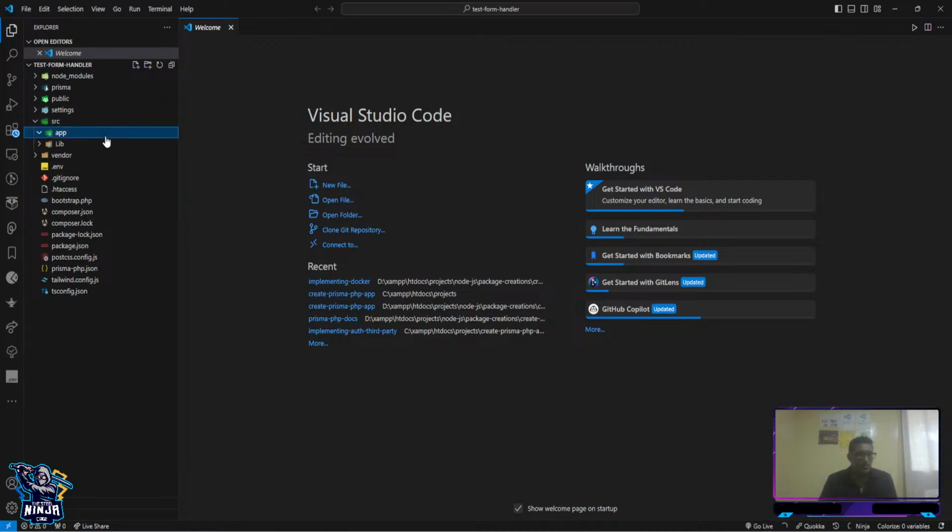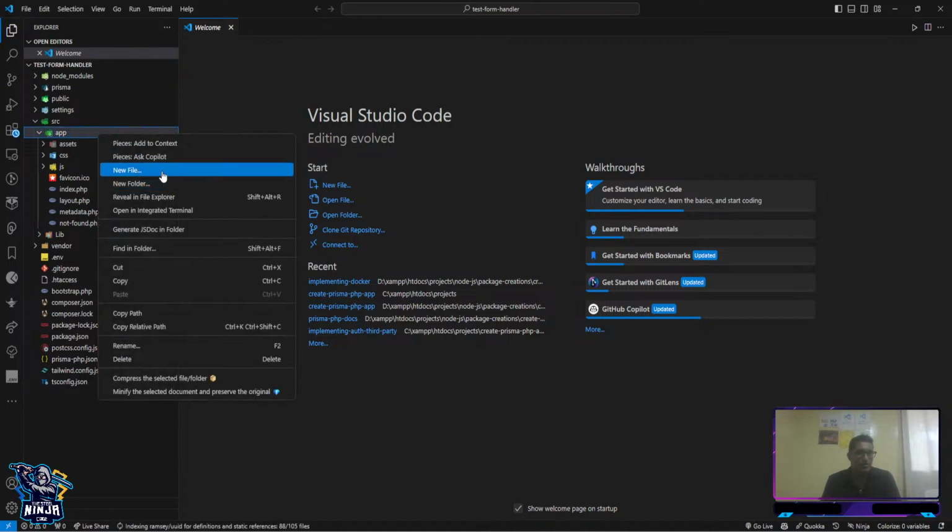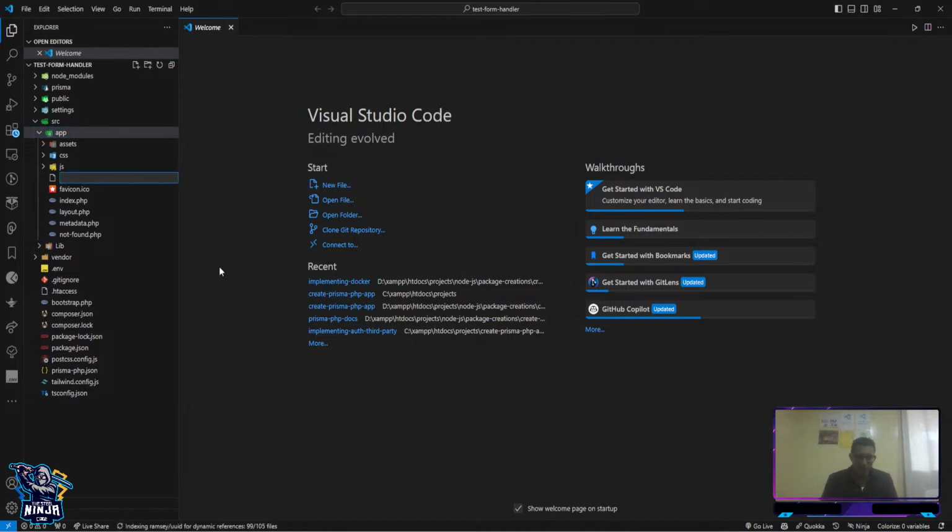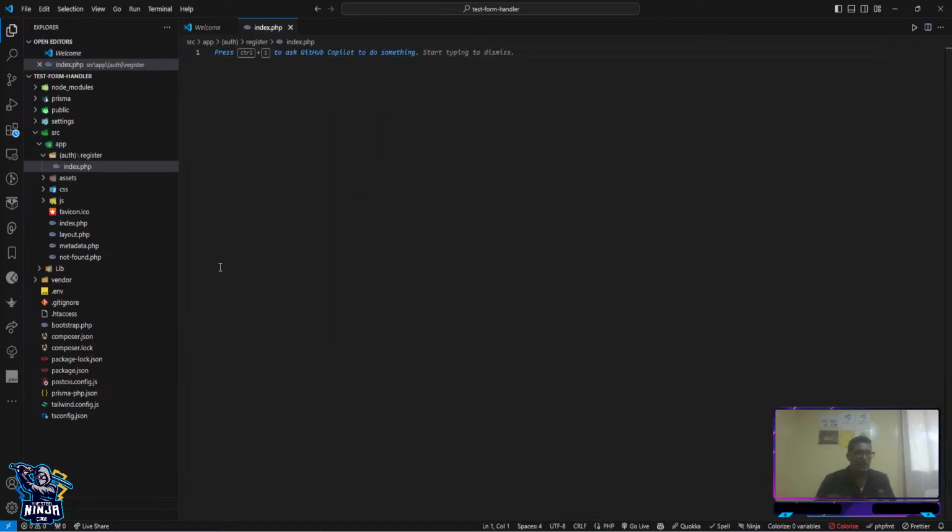In this case, the first thing you're going to do is create a group route, which is going to be named auth in this case, and afterward what I'm going to do is register. And this route is going to have an index file inside. So I'm creating a group folder which has register and then an index PHP file. So I'm going to say OK, and well, before saving anything,